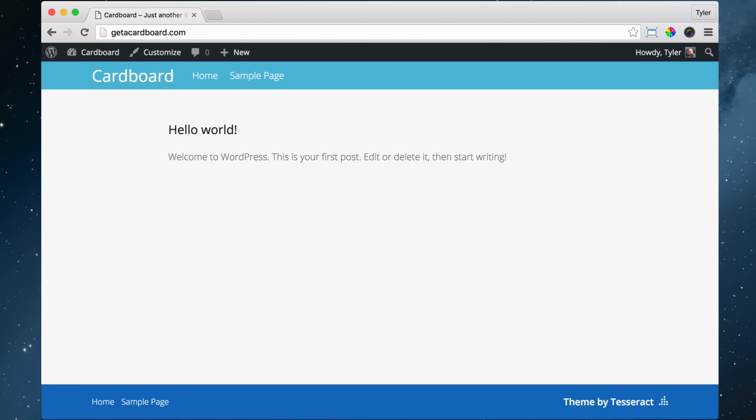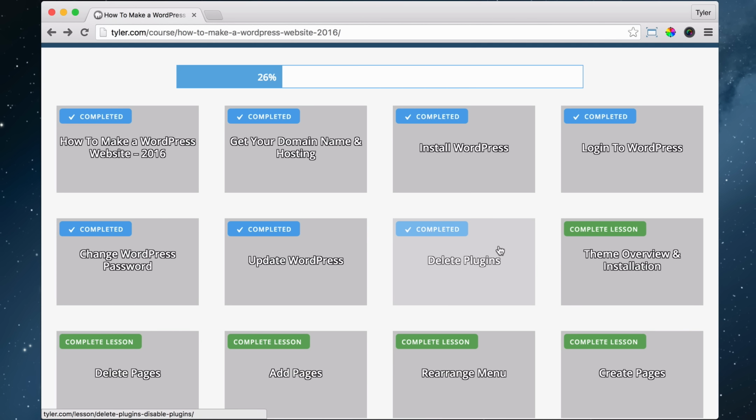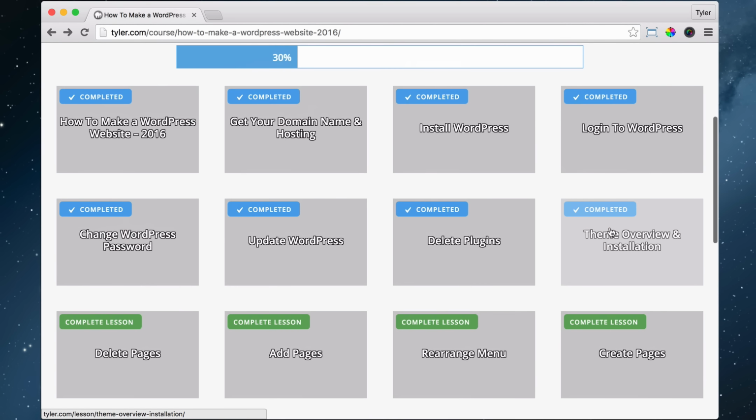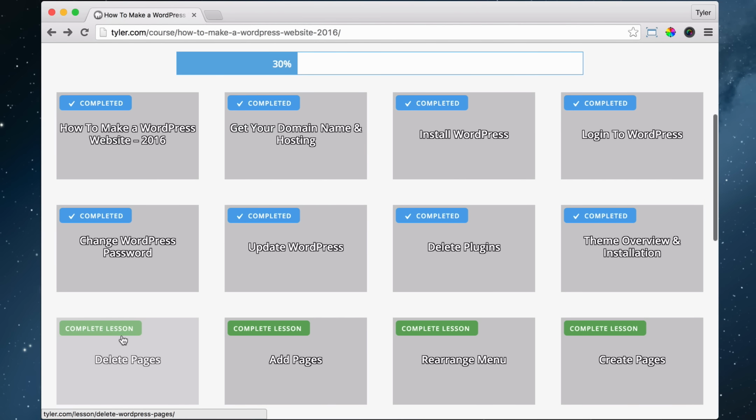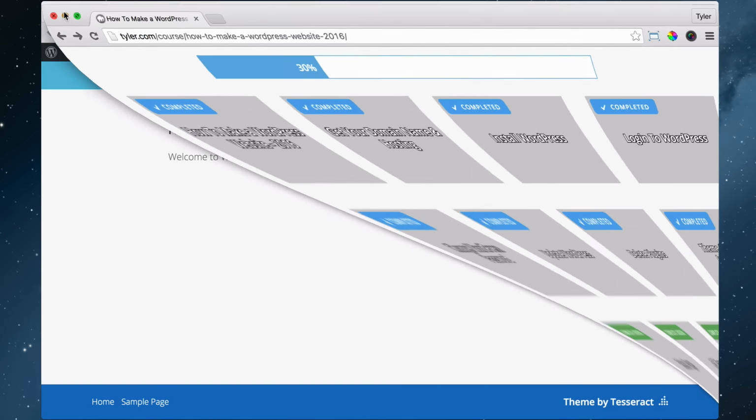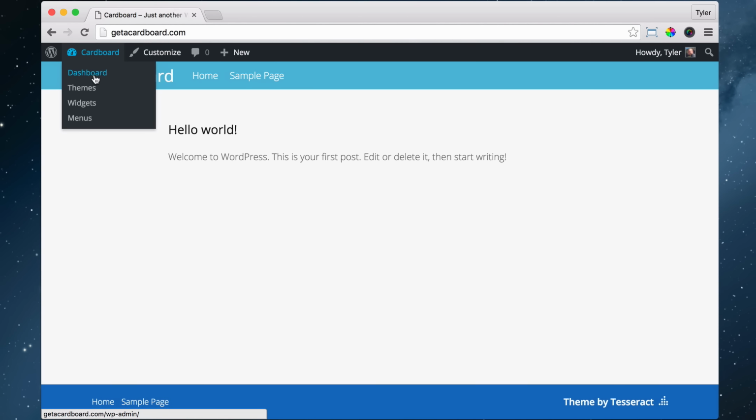And let's go ahead and check off our progress. So complete this lesson. Now we are 30% done, and the next thing that we need to do is delete our pages. So not all of them, just one of them. So let's go ahead and delete pages, and by this, they have a sample page in WordPress, and so we just want to delete that sample page and learn how to delete pages. So this one is super easy. Let's just go to our dashboard,